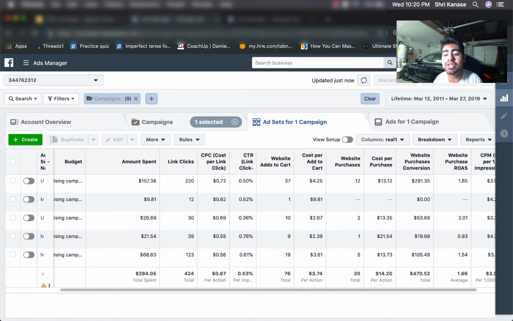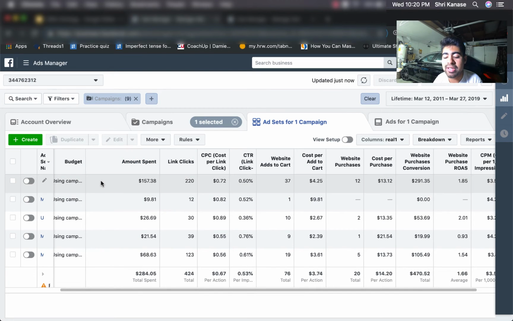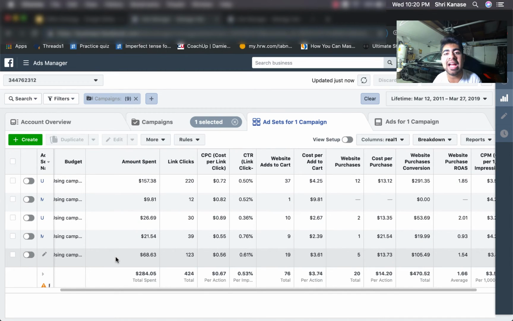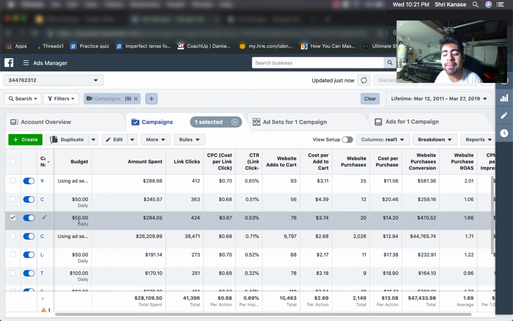And remember, this is one strategy if you have a lower budget, but if you do not have a lower budget, the second option is to run them individually, and this is at $25 per ad set. So as you can see, I have 1, 2, 3, 4, 5 ad sets. You would run them at a CBO budget of $25 per ad set. So since I have 5 ad sets, I will run them at about $150 CBO. So if we go back to the campaign level, I had only run this campaign at $50 per day, but right now, as of 2019, I would have immediately changed this budget to $150 or more